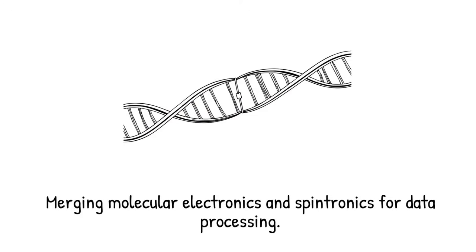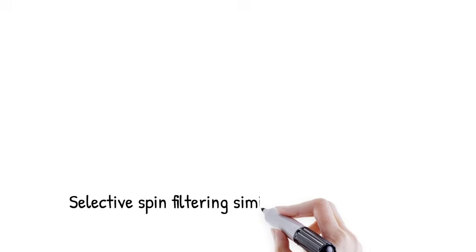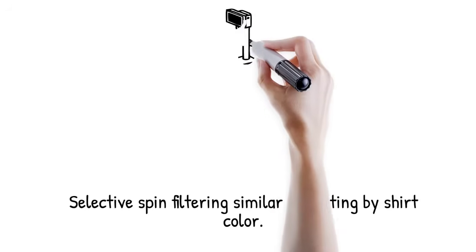DNA strands self-assembled between nickel electrodes displayed spin polarization exceeding 60% at room temperature. It's like a turnstile that not only counts people, but also sorts them by shirt color, selectively allowing certain spins